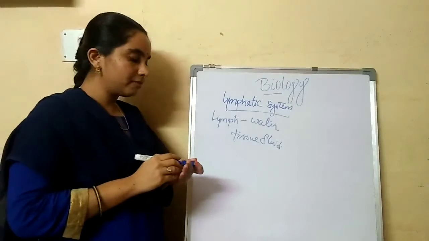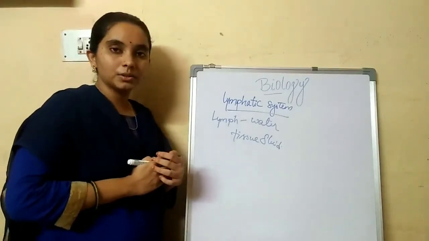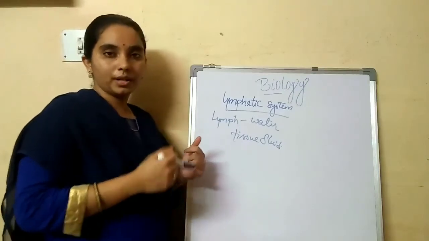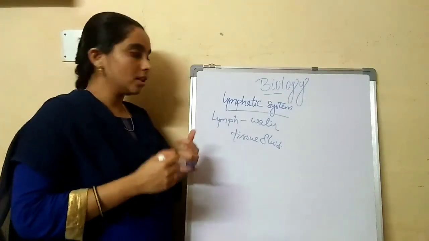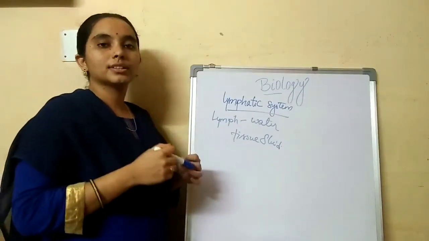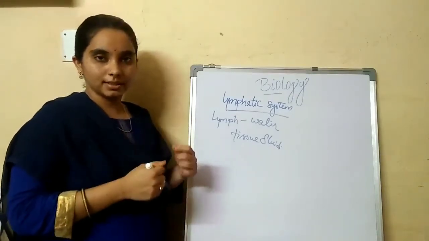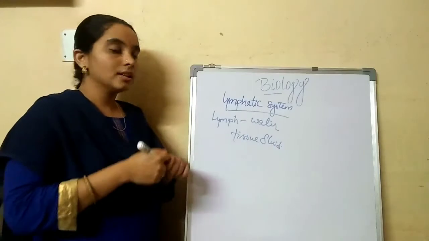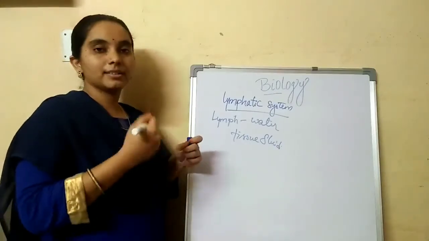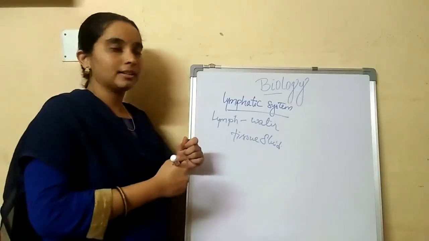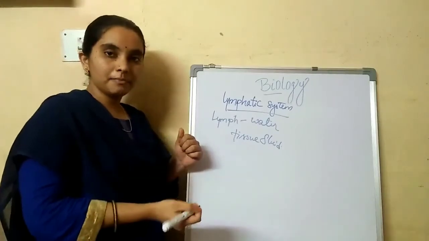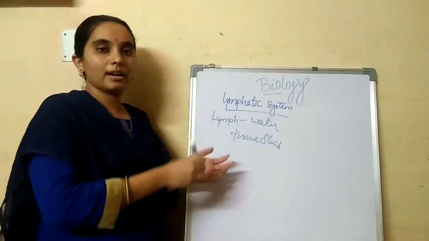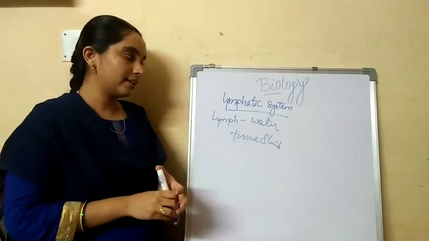Okay, so this lymph is present in our tissues. Blood contains all the nutrients that our body wants, and it also transports the oxygen to our cells. But these are not directly given to our cells. So there is a separate system, the lymphatic system, present in our body that is parallel to the circulatory system.